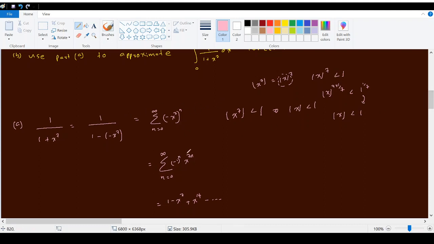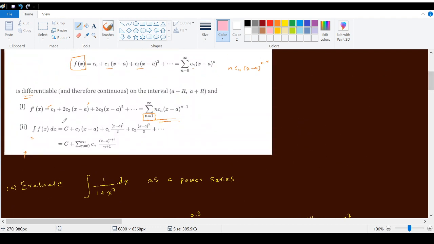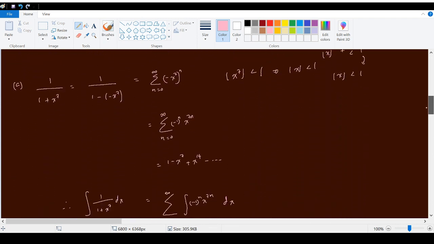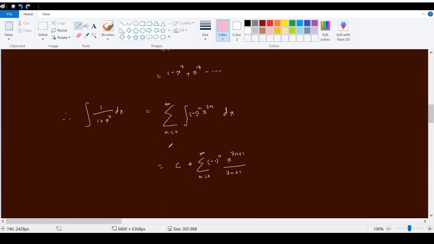Then after that it is just a calculation, and we have already discussed from this theorem that we can differentiate and also integrate the power series term by term. Then when you do the integral, you can see that this will be equal to this series. Now here you have an arbitrary constant, okay? But the thing is, you don't have to